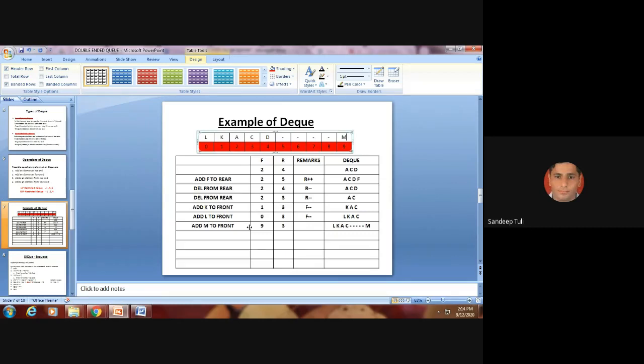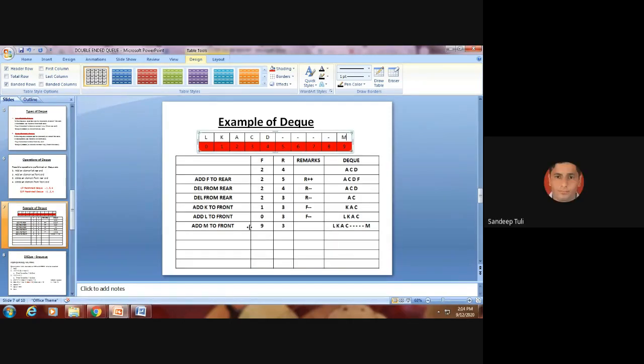When the front is 0, I can make it maximum size minus 1 if it is free. If it is free only. Sir, if we take a case where the last index is also filled and the remaining 4 indexes are empty, and we are entering from front, then also it would go from maximum size minus 1 only, meaning the 8th index. Definitely. In that case, where is front at this time?